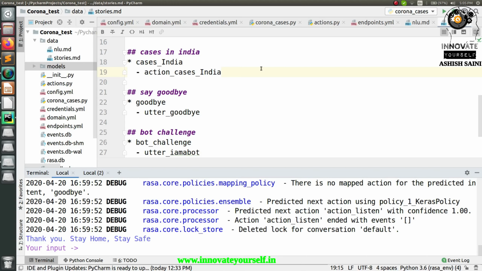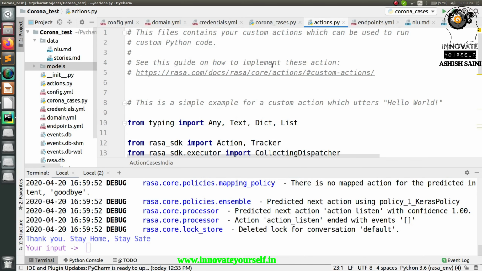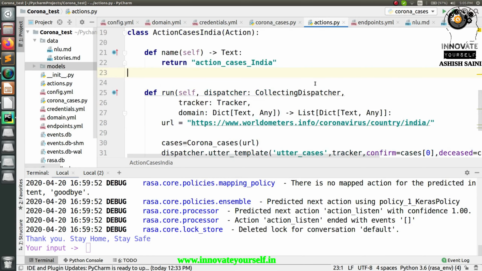For that, if you have to call any separate action, or let's say any external API, at that time you have to simply use the actions file. So this is the actions file in which I have to call that part. I will fetch that data, but where should I display it?